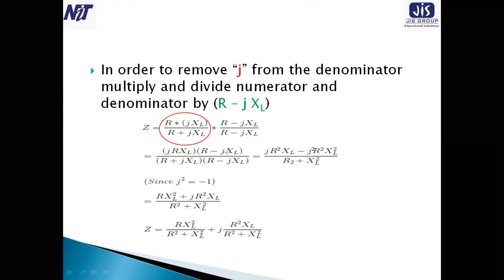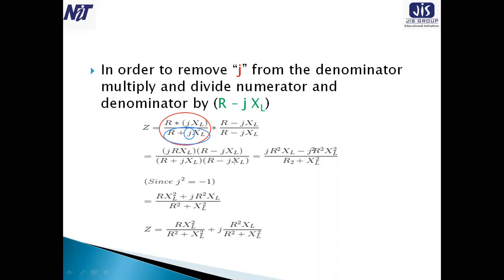So, the previous impedance calculation. How can we remove the j from the denominator, from this part? We have to remove this j. How can we remove this? We need to multiply R minus jXL in both the denominator and the numerator. So if we multiply this one with this,